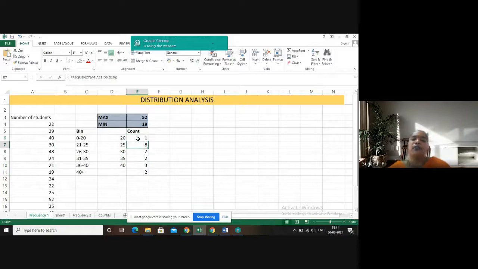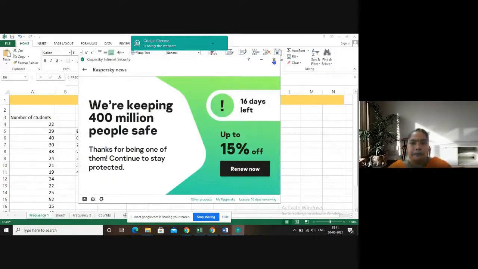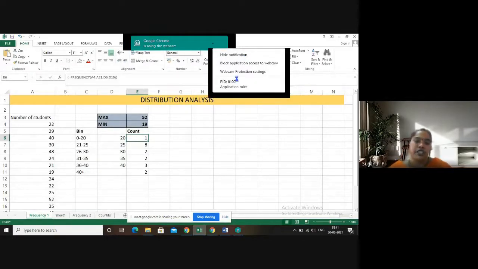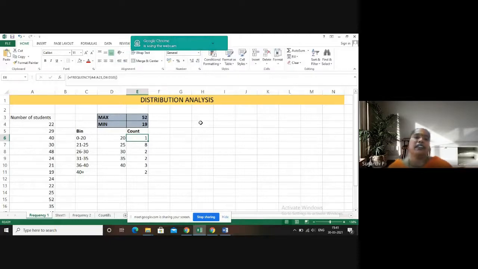Histogram is available in the data menu. For those using MS Excel, especially beyond the 2010 version, you can find the Data Analysis menu in the Data menu.